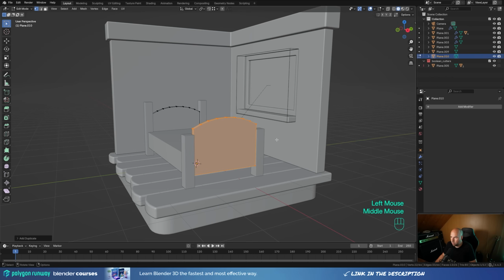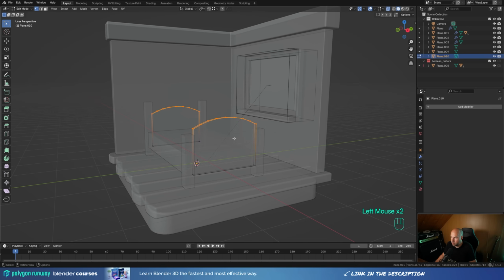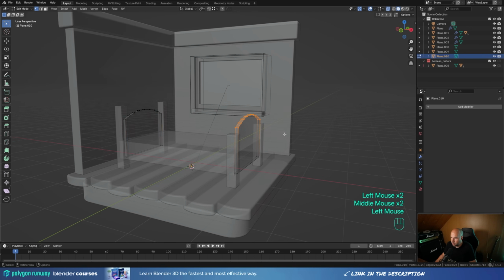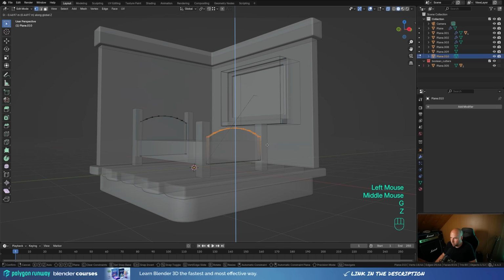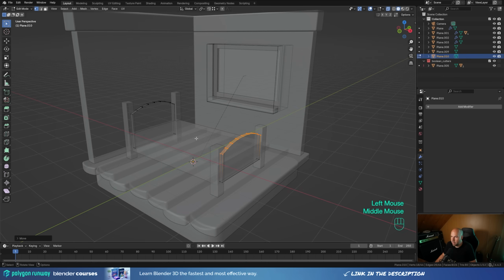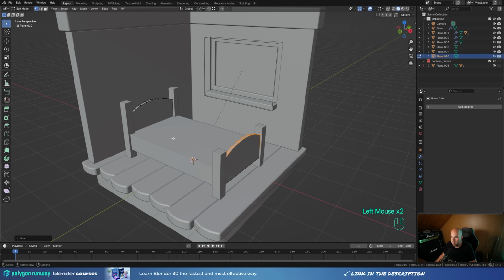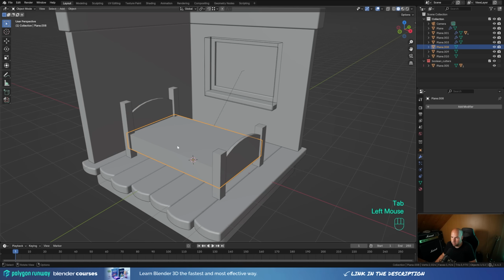But here we can go lower, so enable X-ray view, select all of these vertices, press G then Z and move them down like this. And finally disable X-ray view, let's tab out, select this part right here, tab into the edit mode, and we can again duplicate and reuse, so press Shift D to duplicate, P to separate,